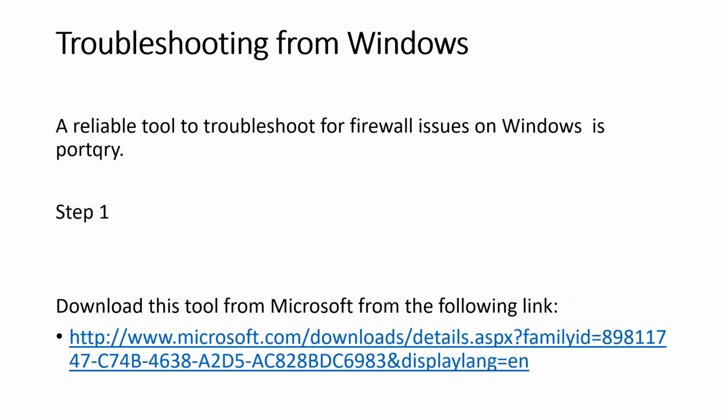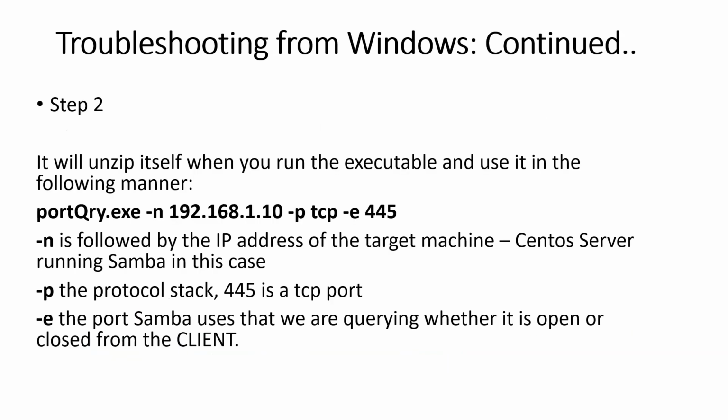Troubleshooting from Windows. A reliable tool to troubleshoot firewall issues on Windows is PortQry. Download this tool from Microsoft from the following link. The PPT slides are included in the lesson. We still continue with troubleshooting from Windows. The PortQry utility will unzip itself when you run the executable. Of course, before that you have to open a command prompt on the Windows machine and then run the following command. portqry -n